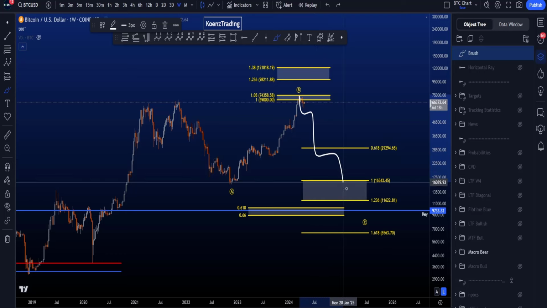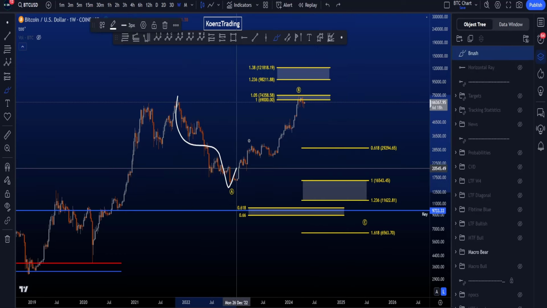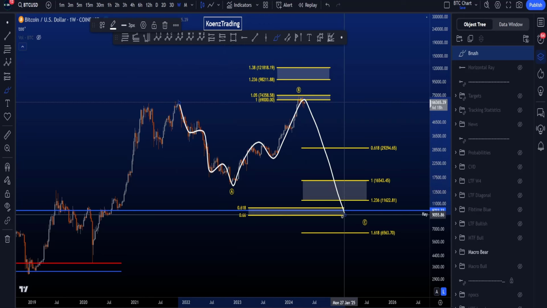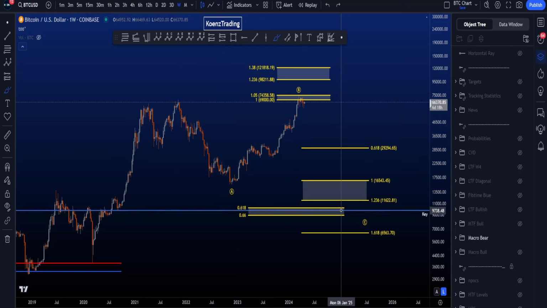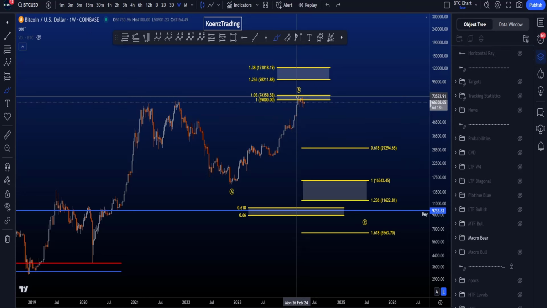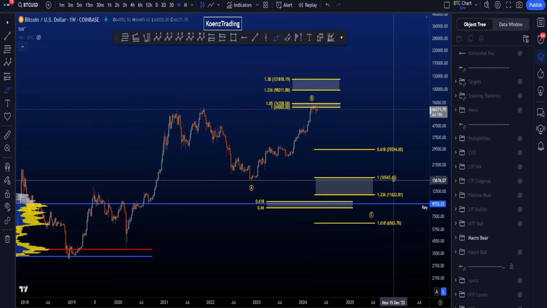We want to see impulsive structures because this is a 3-3-5 wave move, W, X, Y, X, Z, A, B, C, and then you want to see an impulse to the downside. However, locally, there's currently no strong signs for any impulsive structure to the downside, also lowering the probabilities for this